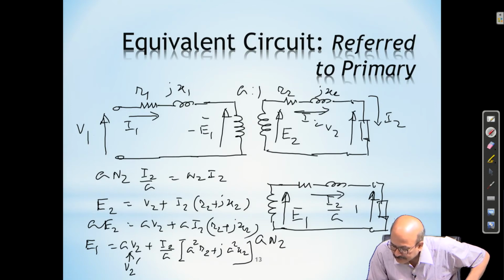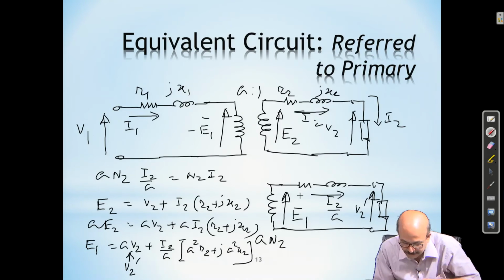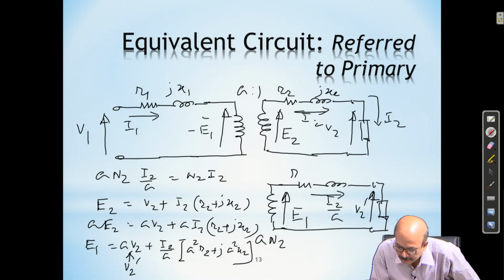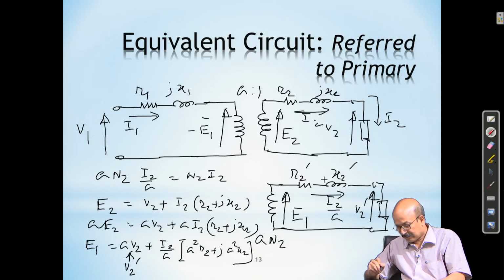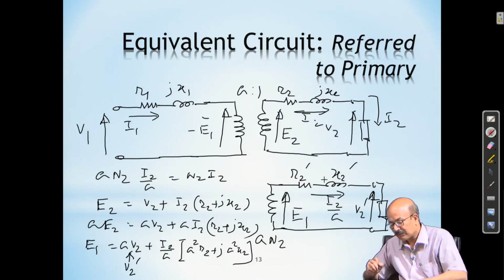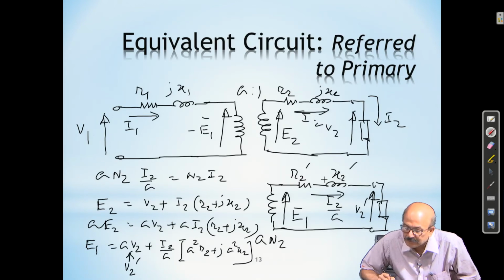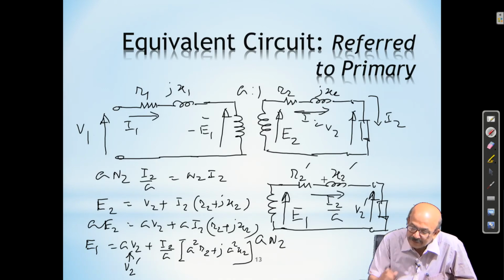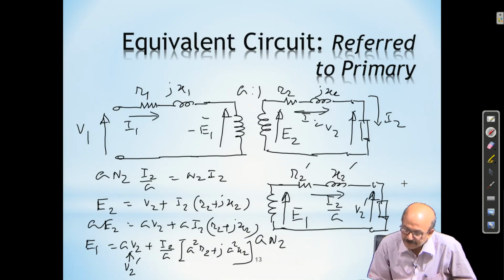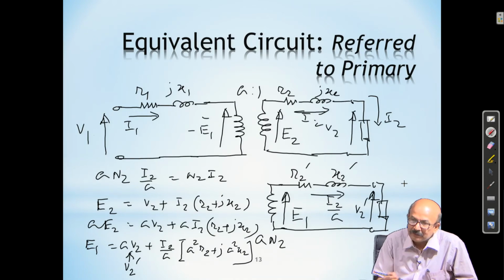So now this is V2 dash, I2 by A is I2 dash, right. And this R2 becomes R2 dash and this becomes X2 dash. So the winding resistance and leakage also get changed. Now you check, instead of the original secondary, if we consider the new secondary, they are actually the same in all respects,